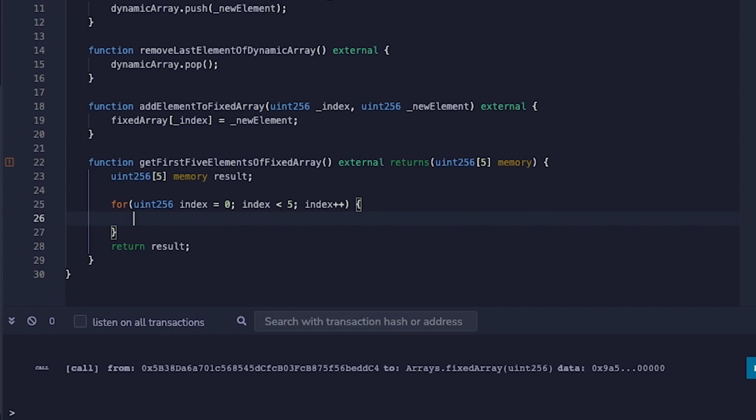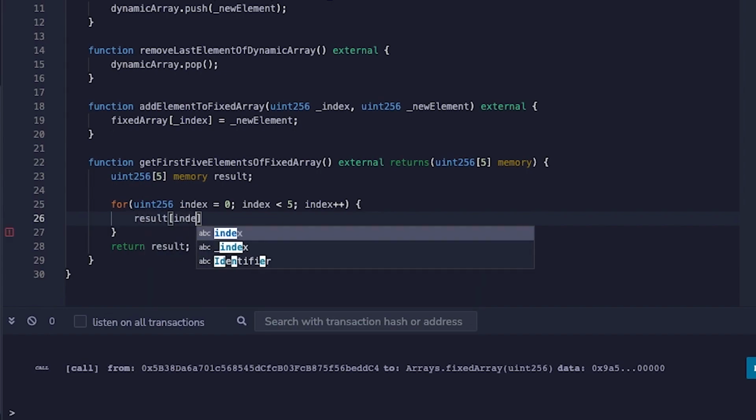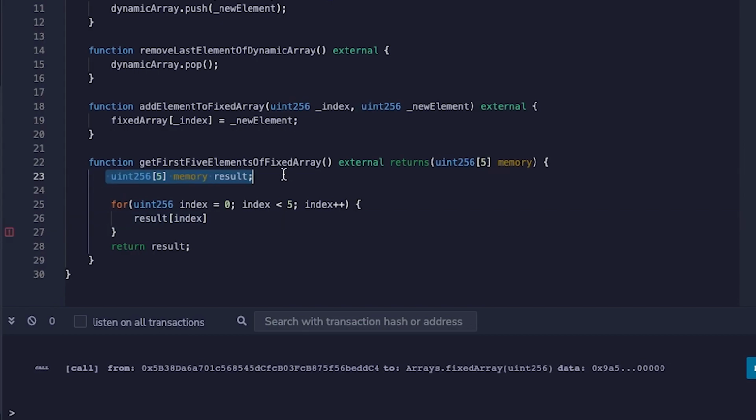So now we fill the result in-memory array. This only lives within the scope of the function. And we say the element that starts at 0 is going to contain fixedArray at that particular index. Okay, and then we iterate through 1, 2, 3, and 4. So we're going to put the first 5 elements, and the last element is going to have index 4. Okay,